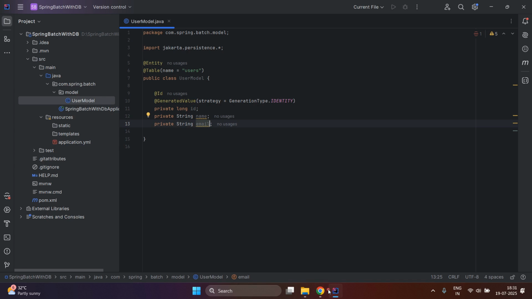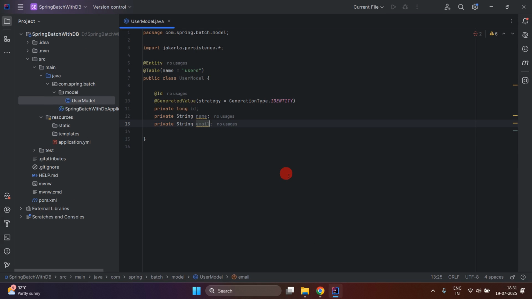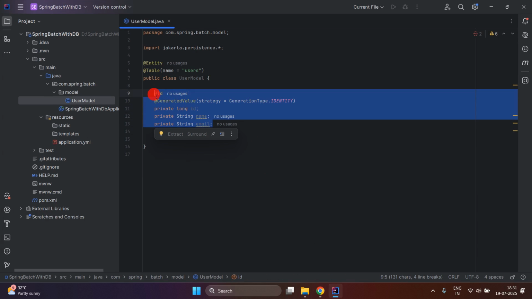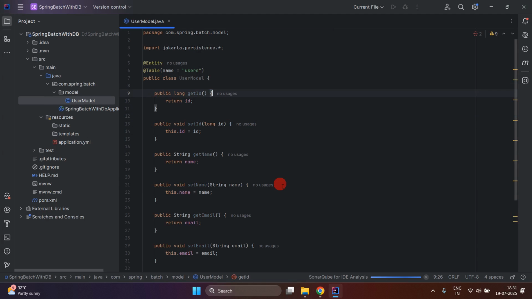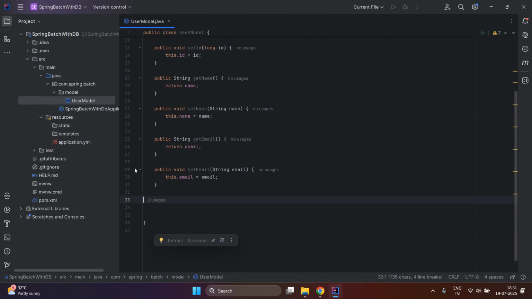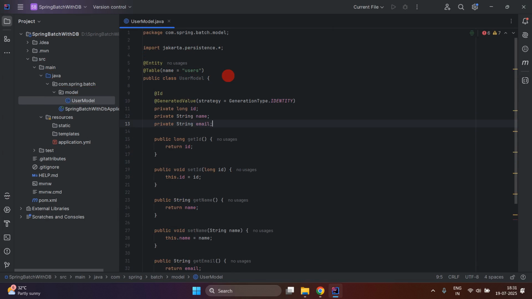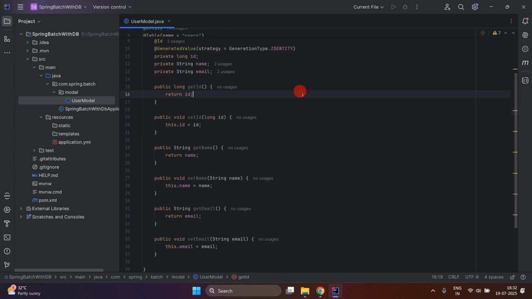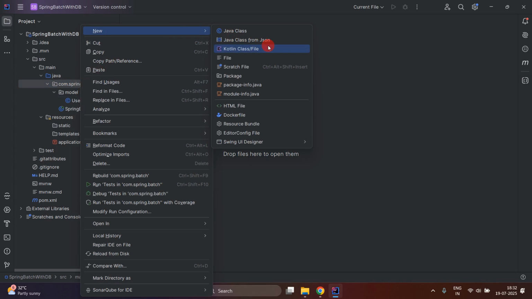And our next step is to create getter and setter of ID, name, email. Okay, ID, name, email, these are the columns. So just select all the fields and then press alt insert on your keyboard and select all the fields. Okay, and click OK, and then cut this from here, and I'm going to paste it here to organize our code. Okay, so we have successfully created getter and setter of all these fields, and now I am going to create one more package,